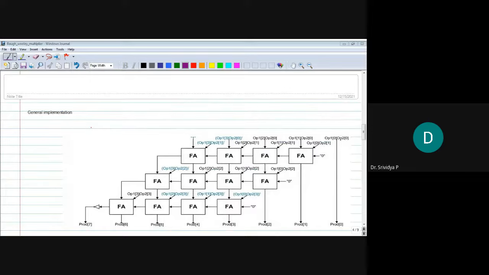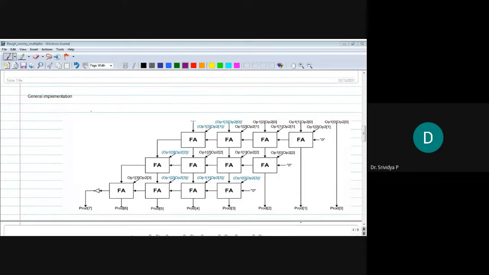We take the LSB bit from the first operand and the second operand to obtain product 0. Then the LSB bit of the second operand and the next bit of operand 1 are given to a full adder. And as you know, this is the general implementation to obtain the product.